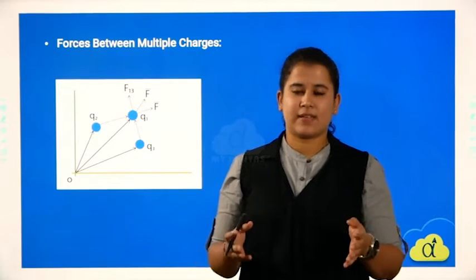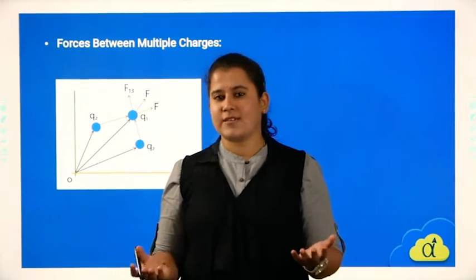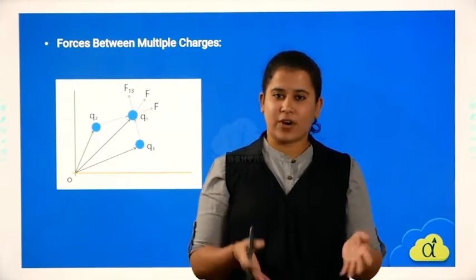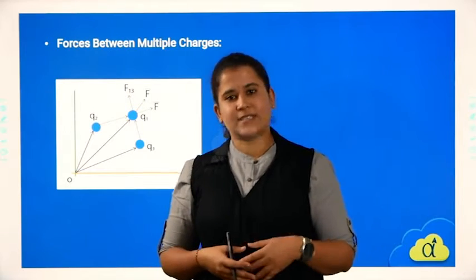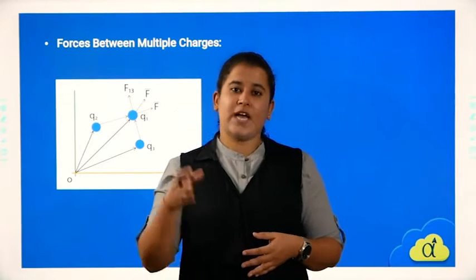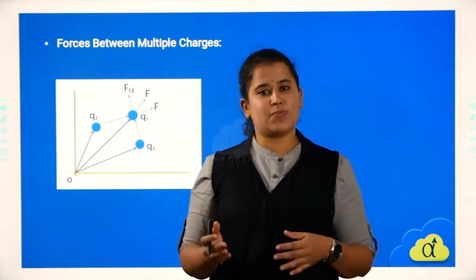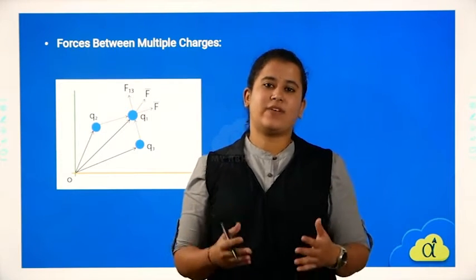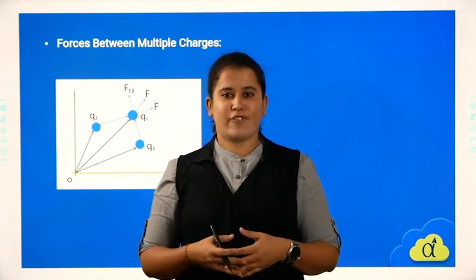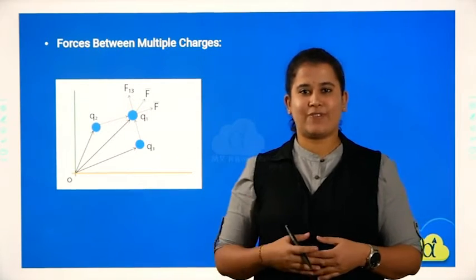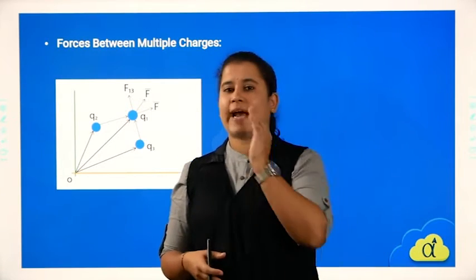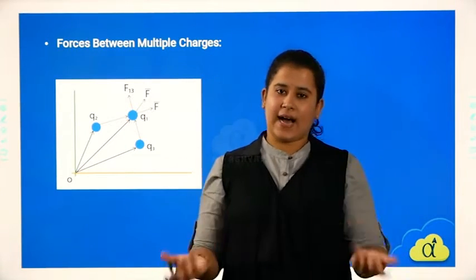The statement is nothing but: the force between two charges is directly proportional to the product of the magnitude of the charges, and it is inversely proportional to the square of the distance between them. So the force between two charges, that is F, is equal to 1 divided by 4 pi epsilon naught, Q1 Q2 divided by R square, where Q1 and Q2 are the charges and R is the distance